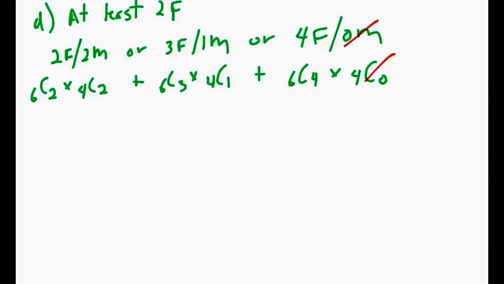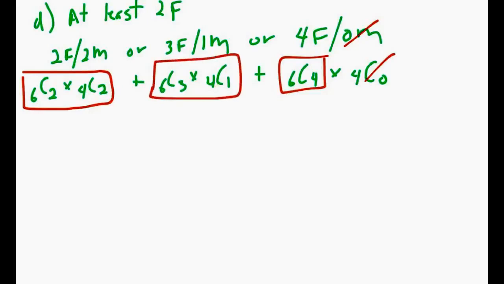So when you do 4 females, you could just do 6C4 and don't worry about the males at all. So all 3 of these answers then you'd have to calculate and then add together, and that would give you the at least. So if we do another one where it said